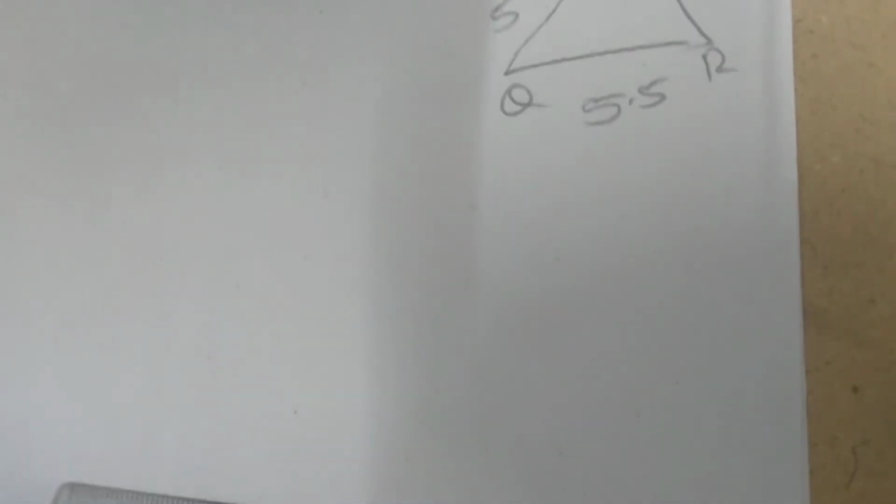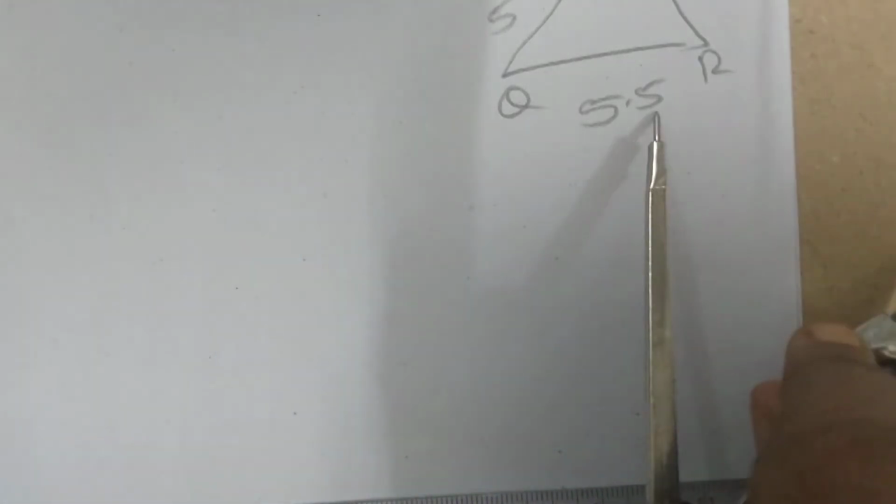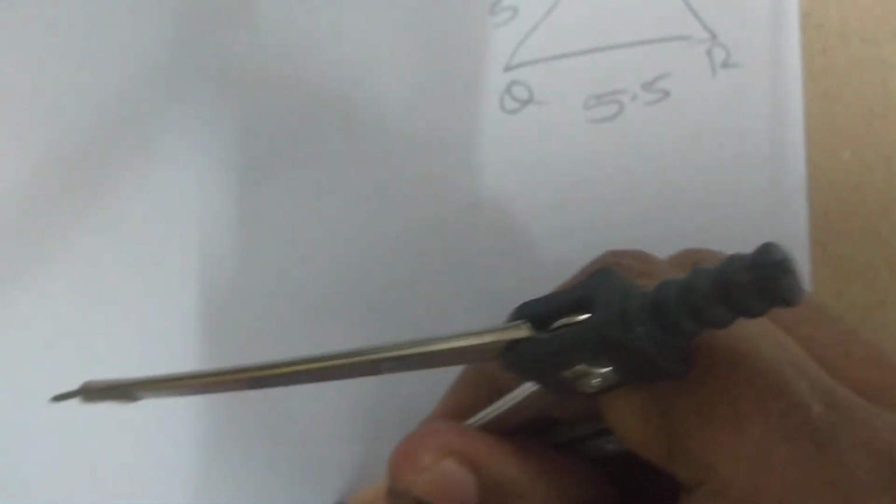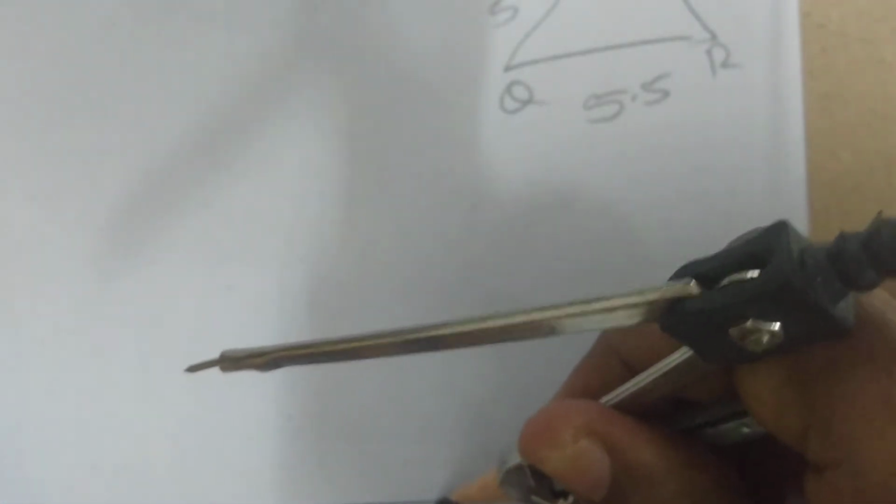So take out your compass, then the scale also, and take a baseline first. Which is the baseline? QR. How much? 5.5. From 0 to 5.5 means between 5 and 6. How many divisions are there in the scale? 10 divisions. In those 10 divisions, the fifth line represents 5.5, like this.